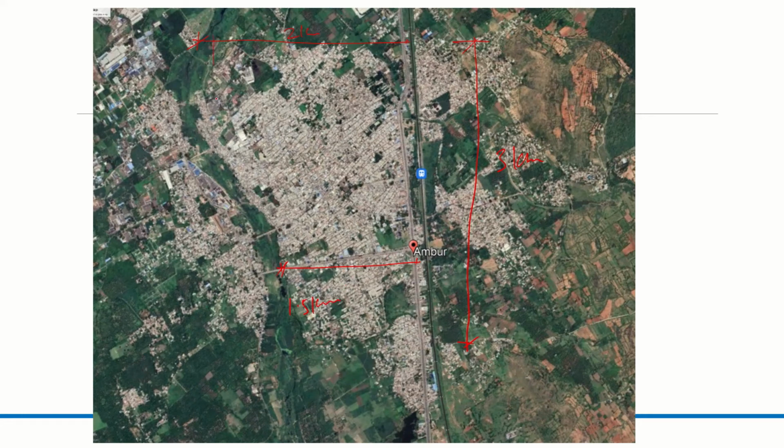So what can happen is you have to divide this into grids, maybe 500 by 500, and we have to take images separately. 1, 2, 3, 4, 5. The closer the image you take, the better it is. Even if you divide this further, that's also fine. 1, 2, 3, 4, 5, 6, 7, 8, 9, 10 images you take here.